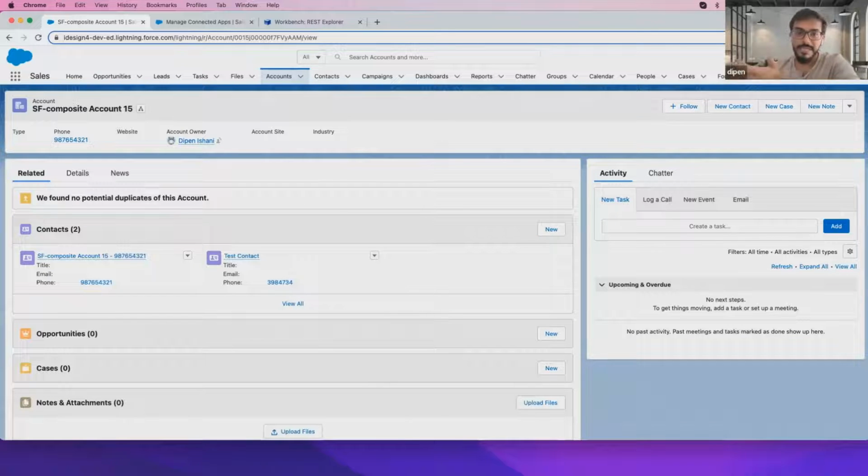The difference is definitely the Apex REST class. If you wanted to perform a complex DML operation using an Apex class, the same thing we can achieve using the composite API. One account with one contact, opportunity, case, and any number of child records, we can insert over here. The advantages are that it executes a series of REST API